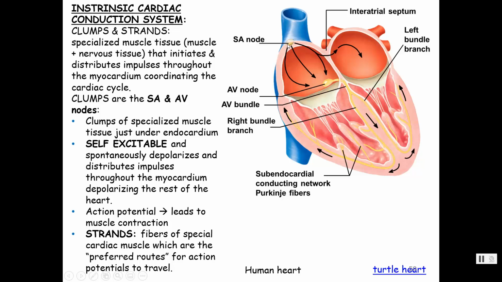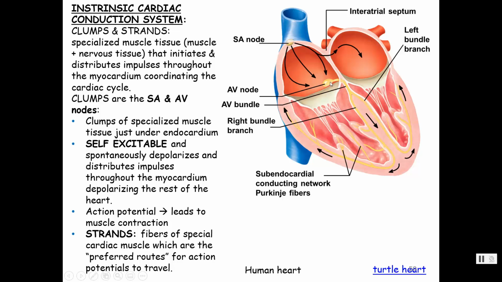So these nodes, the SA node, which is going to be in that right atrium, just like I said, close to that entrance of the superior vena cava, and these are self-excitable. And these SA nodes, they have the fastest rate of depolarization, so they are going to be the pacemaker. There's another one that's just not as fast as the SA node, but we also have the AV node, so that's another clump of these specialized